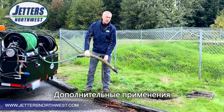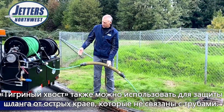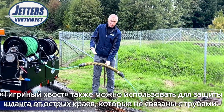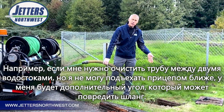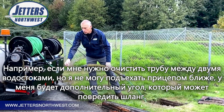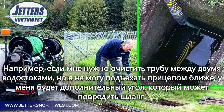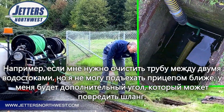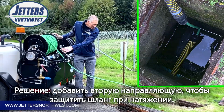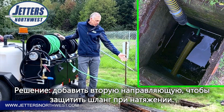Another place we can use tiger tails is getting around an edge that is not the pipe. Like in this situation, I want to jet between catch basins, but I can't pull the trailer all the way up and over it, which I would like to do. I'd like to have my pivoting guide just right over the hole so I can work it back and forth. Since I can't, I've got another sharp edge. So I've got a second tiger tail going here that's just going to protect my hose as I wind, because I'm going to wind back, of course, while I'm jetting,